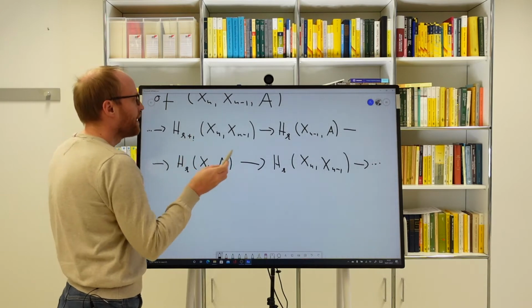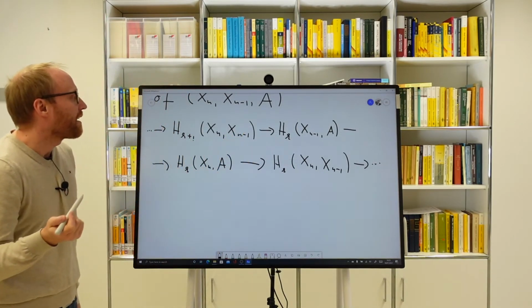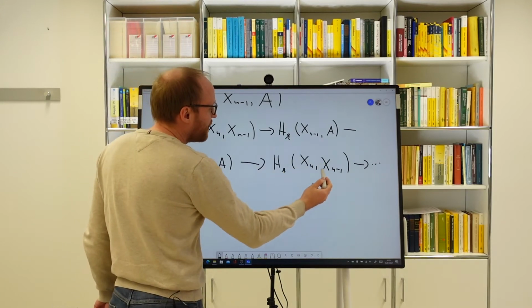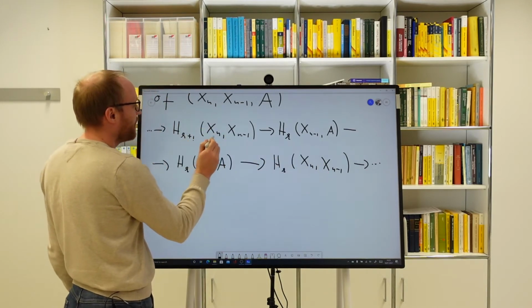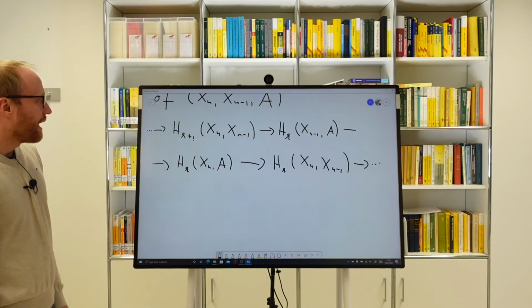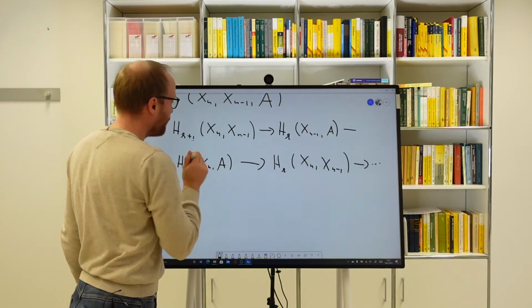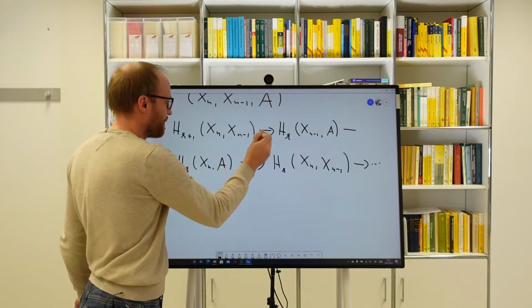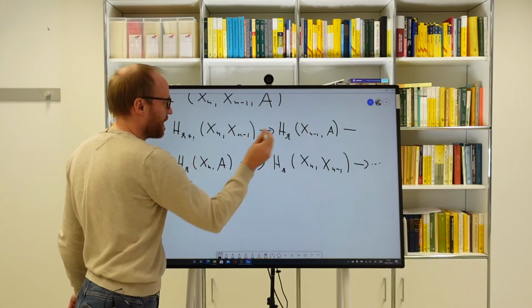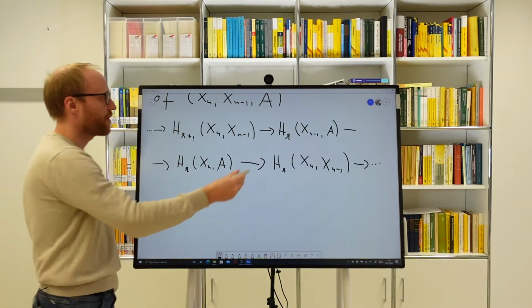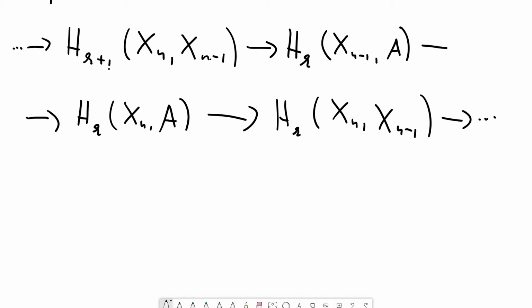So this group H_k(X_n, X_{n-1}) lies in the long exact sequence here and also here with the degree shifted by one. And we have the effect that if these terms here are both 0, then the arrow in between those two zero groups must be an isomorphism. So we get an isomorphism from H_k(X_{n-1}, A) to H_k(X_n, A). And we obtain this situation that these zeros occur in two situations, namely either if it so happens that k is bigger than n,